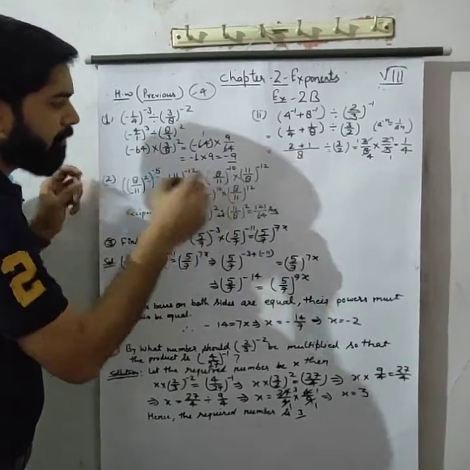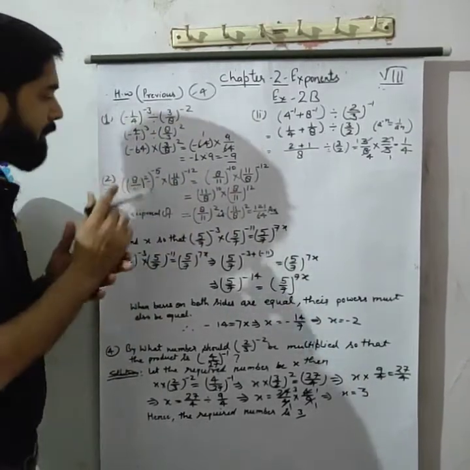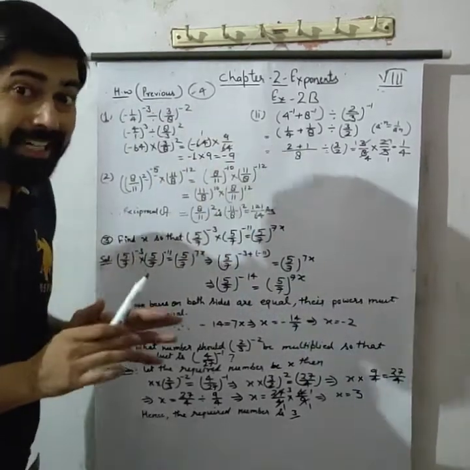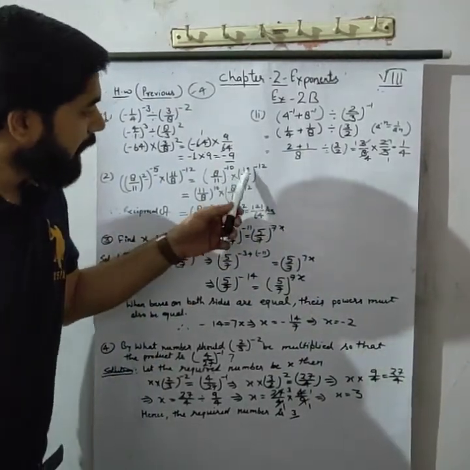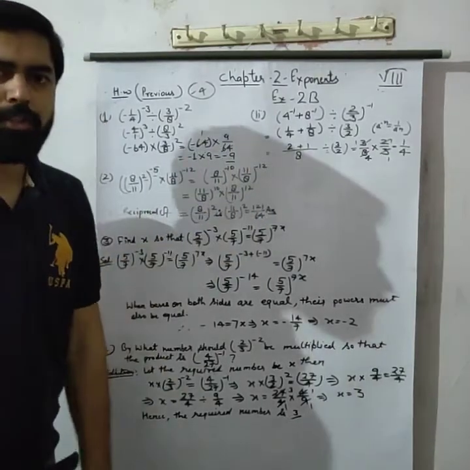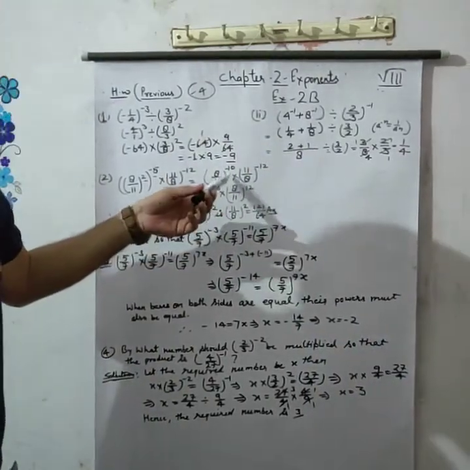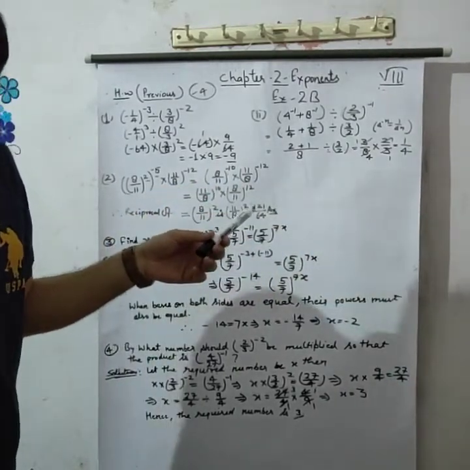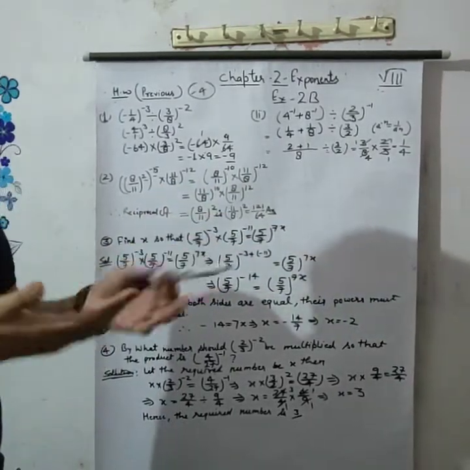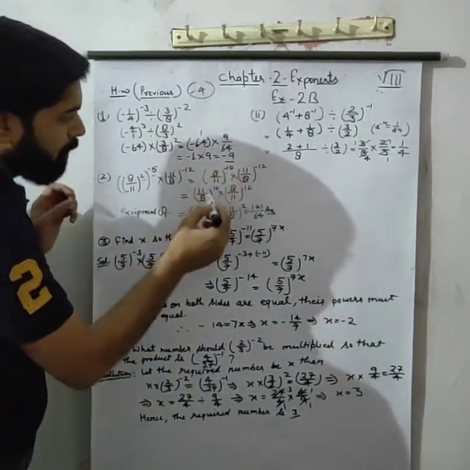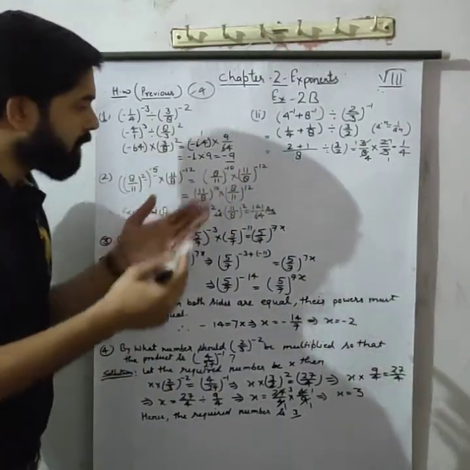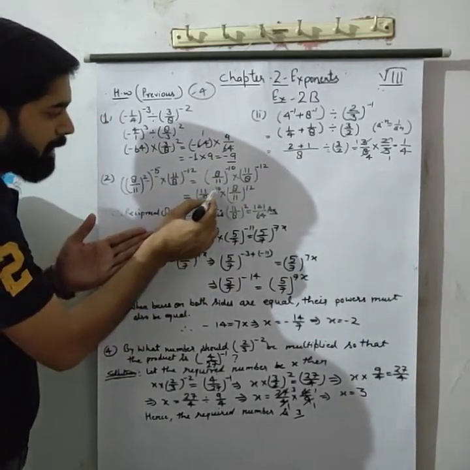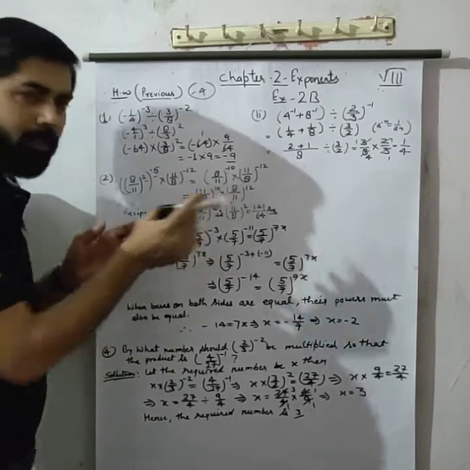After the multiplication, we get what? 5 twos are 10, minus minus, so (8 upon 11) raised to the power minus 10, multiplied by (11 upon 8) raised to the power minus 12. Again you have a negative exponent, so we can solve according to the negative exponent rule. By this rule, we can write this number in this form: (11 upon 8) raised to the power 10 multiplied by (8 upon 11) raised to the power 12.